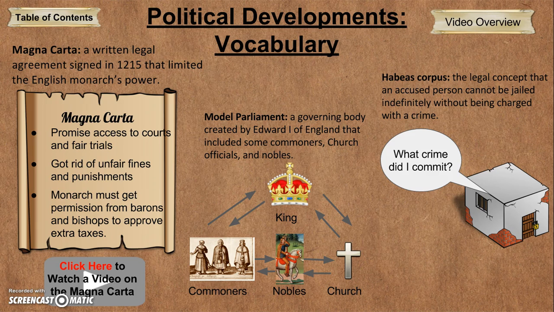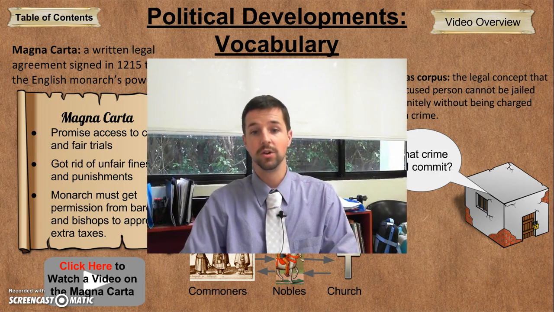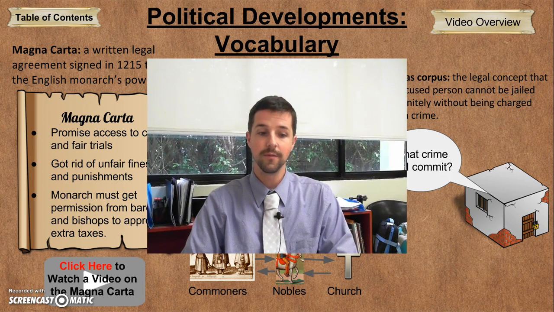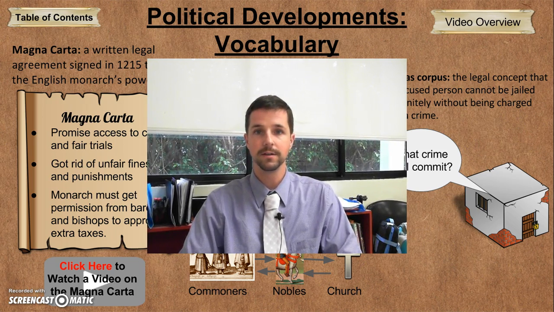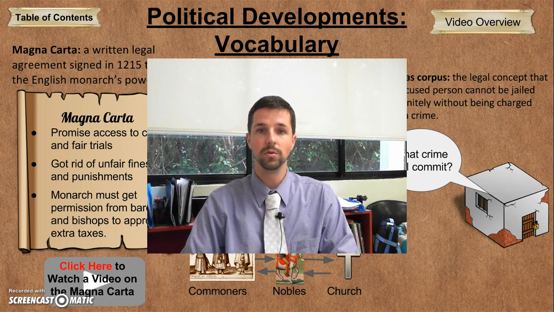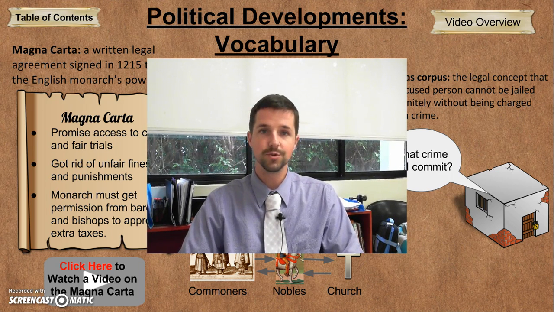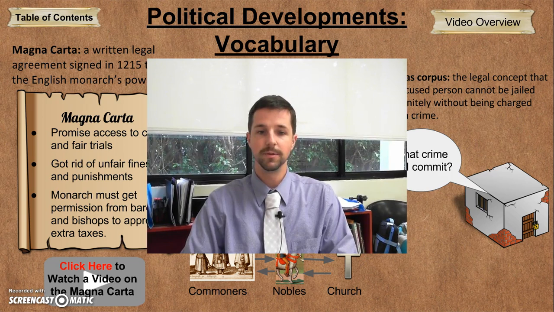So here you have it. Here are some of the political changes that come out of England during this time, from King Henry, King John, and King Edward, and how these changes, right, increased the power of the king, or at times decreased the power of the king, increased and decreased the power of the local nobles, and essentially began to break down the system of feudalism.